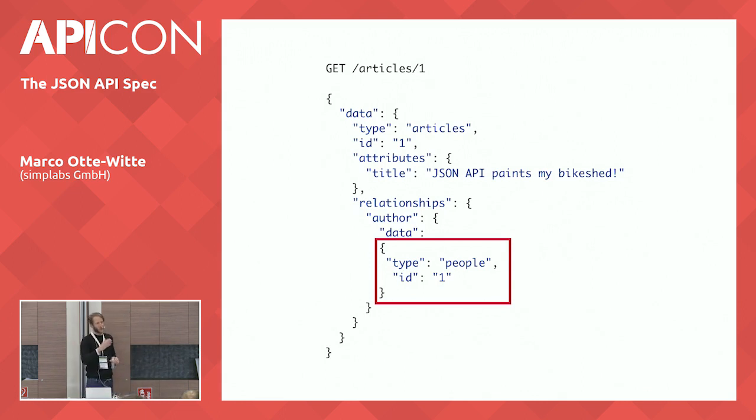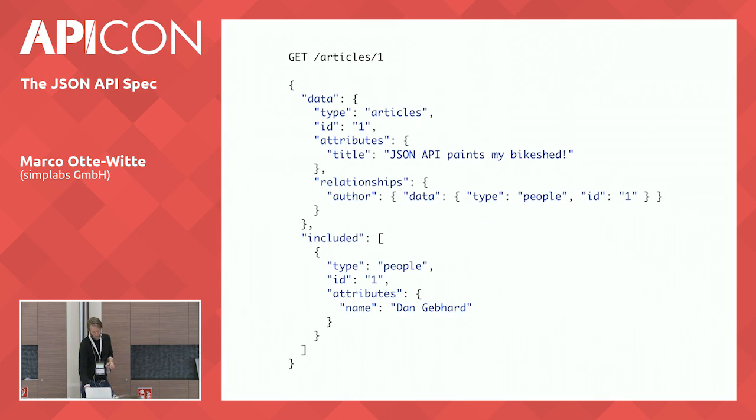Obviously, with a response like that, you would have to make a second request to get that, which is obviously not very nice, because it would usually be a lot slower than having the relation right away. To solve that, JSON API has a side loading mechanism that allows to put related resources in the same response body that you respond with for the primary resource of the request.